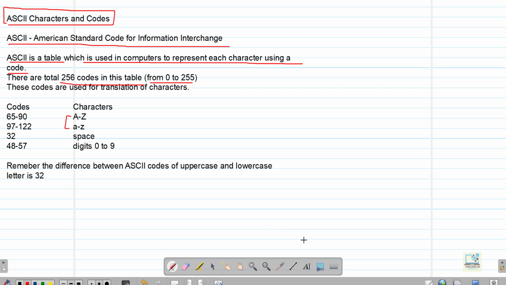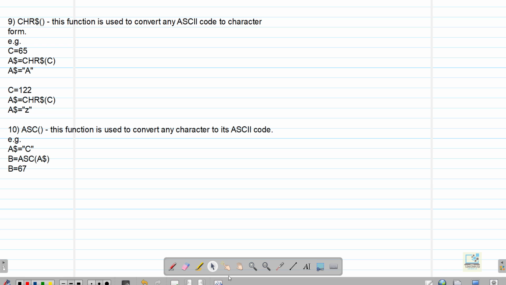Now, let us see the last two functions: CHR$ and then ASC function. So CHR$ function is used to convert any ASCII code to character form.